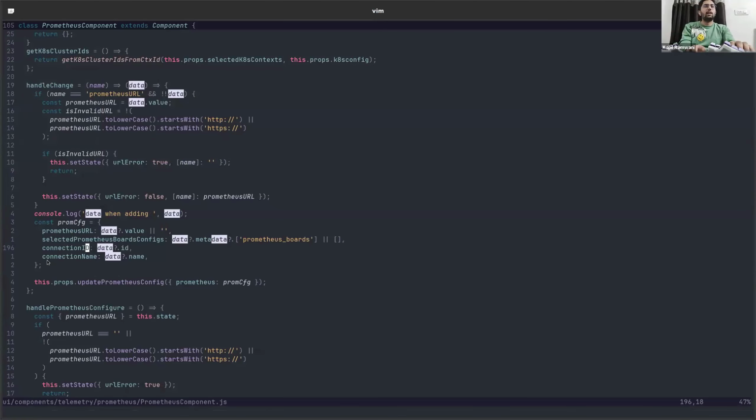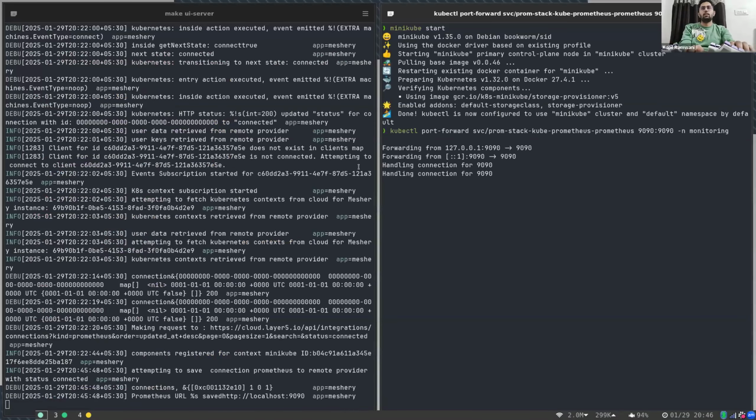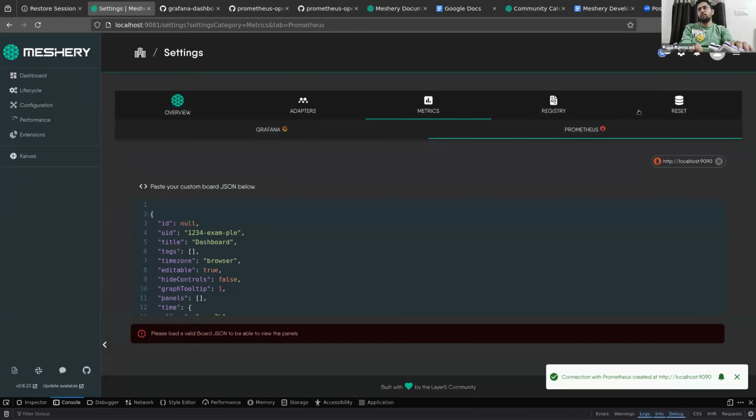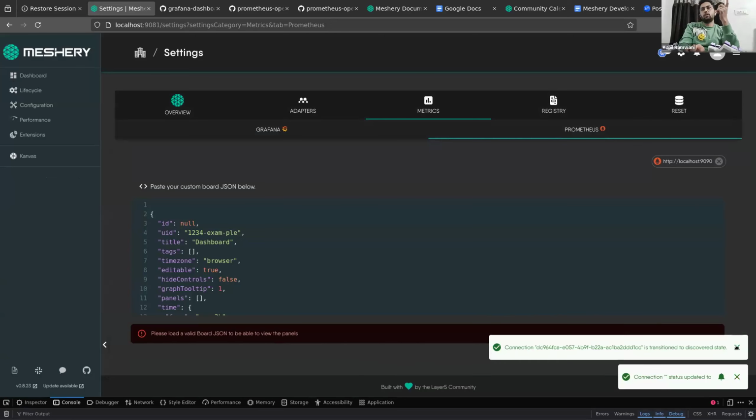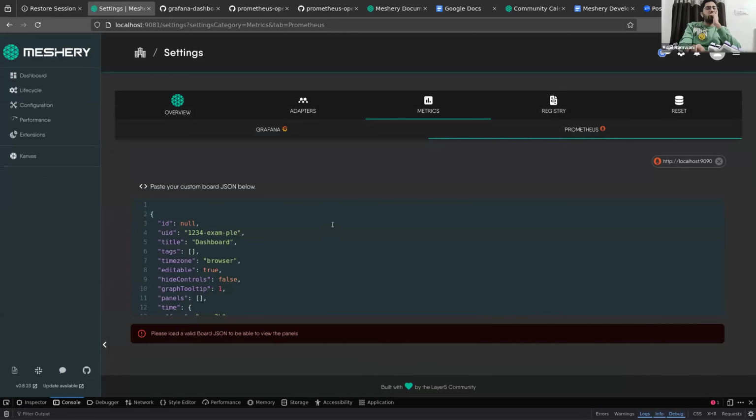Basically, what's happening is we are optimistically looking for a connection ID and connection name in the case of a Prometheus connection when it's being made. And actually, it's not there, so it's not coming when you're initially adding. Then any operations that we do here on the browser with this Prometheus, maybe clicking on it or trying to delete it, all of those would kind of, okay, this one works, but it won't actually delete. And apart from that,